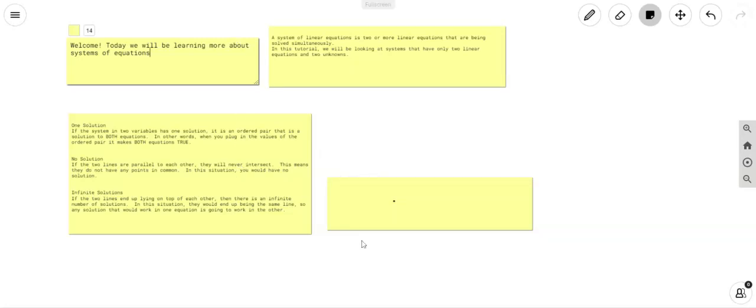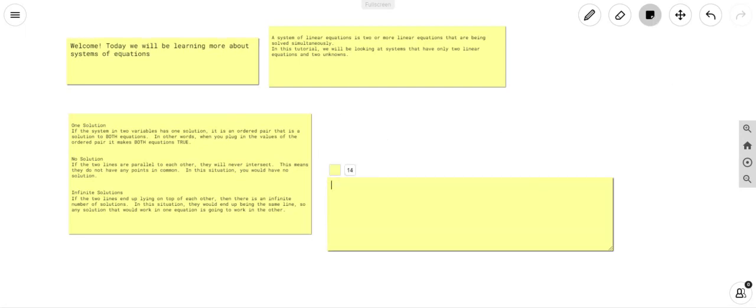Hello, today we'll be talking about systems of equations. Systems of equations are very interesting to me because they are a way to think about math more in depth. It is when a solution has more than one variable